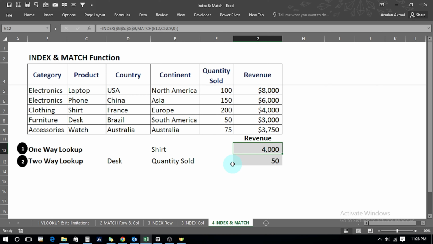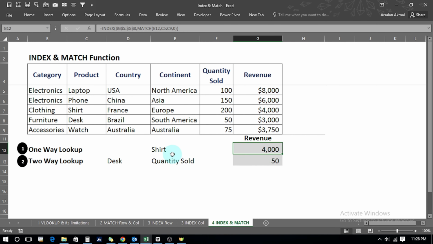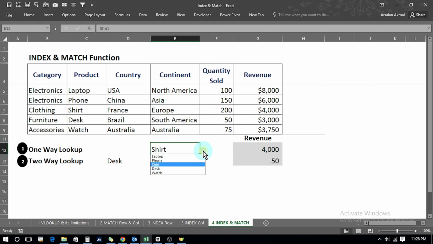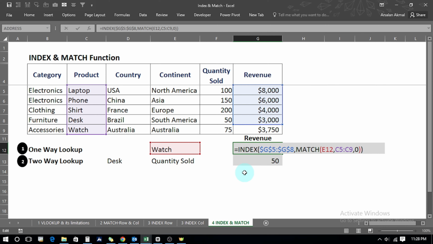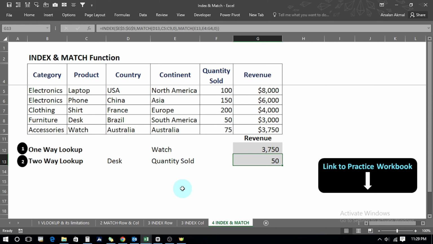Now, common errors that might occur while we are using INDEX and MATCH functions might give inappropriate answers. For instance, if we have not applied the formula of equivalence properly, for instance, if the formula is like this, and I go for the item which is out of the range, for instance, I select watch, it is not giving me the correct answer. So a common error while using INDEX and MATCH is that this range should be equal to this range, and if it is not equal, then it is going to give error results. So now it is working perfectly fine.